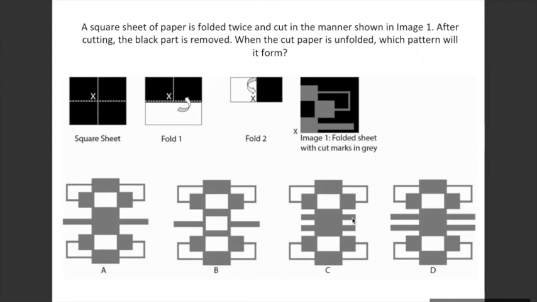In option C, this is small and this is a bigger one, so option C is wrong. Option B just has one line. If this horizontal fold was happening at the place where that black line is, then only one line would come. But it's not happening there. It's happening above that fold. That's why option D, which has 2 lines, is correct, and option A also has 1 line, so that will also be wrong.